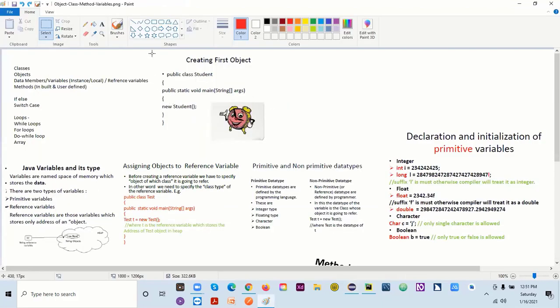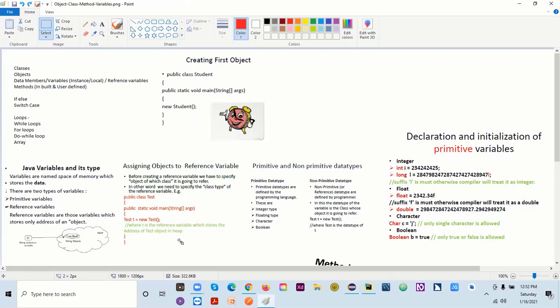All right. So now we have covered objects: how we can create the object, what are primitive and non-primitive types, and what we have here, which is defined by the program, and the reference variable, which is defined by the programmer. How we can create the object. Suppose I don't want to create the object, I still want to access my data member and method. How can I access them?